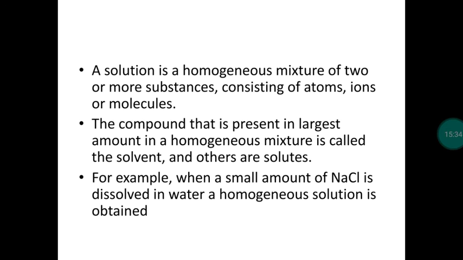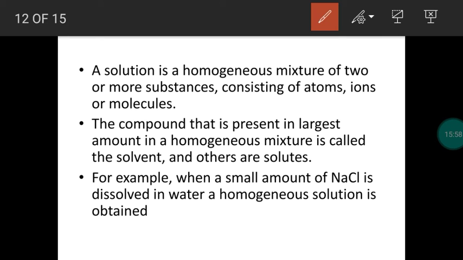Generally, matter is classified into mixture as well as pure substance. The mixtures are prepared by physically mixing pure substances. When two or more pure substances are physically mixed, we get mixtures. And based on uniformity, mixtures are of two types: homogeneous and heterogeneous. The homogeneous mixtures are called solutions. So simply, homogeneous mixtures mean solutions.